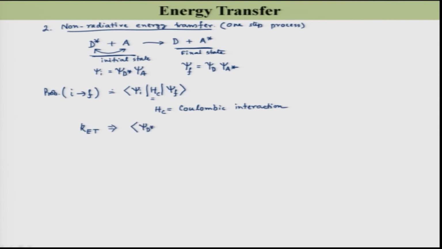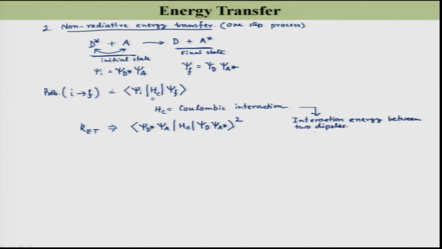psi d star psi a, H C, psi d psi a star, square, right. So, this will be my rate constant of this energy transfer. Now, the interaction energy between the two dipoles, right. Now, let me talk about this Coulombic interaction. So, the interaction energy between two dipoles,